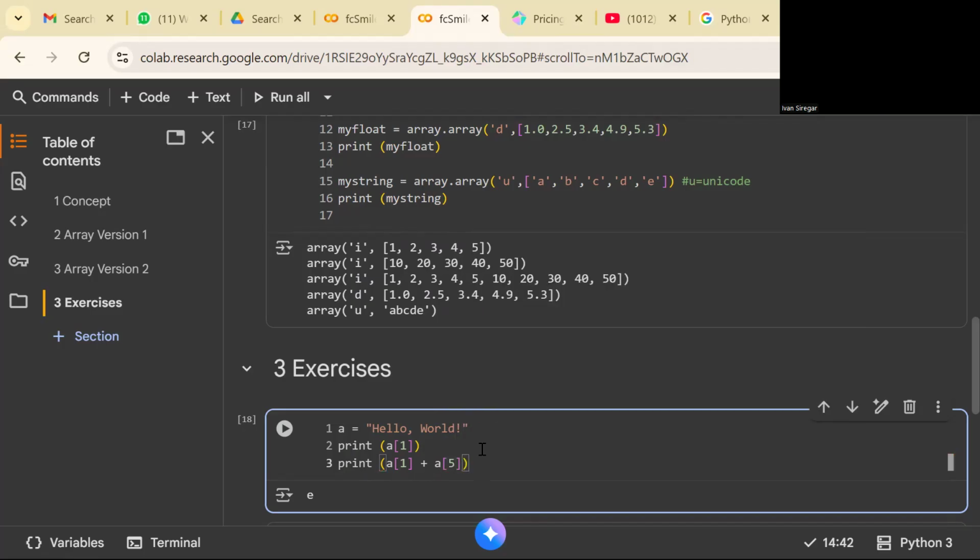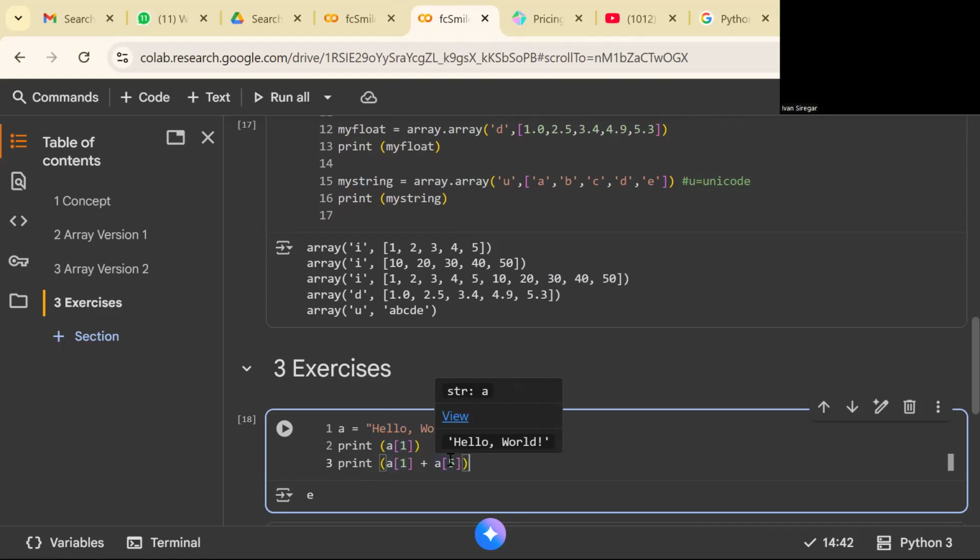So when you are doing this, it means that index number one will be concatenated with number 5.